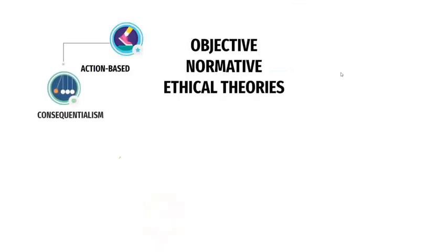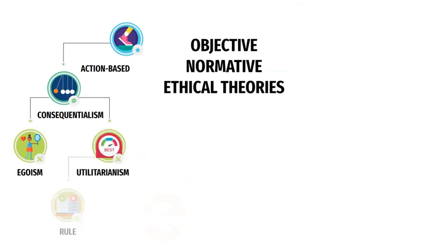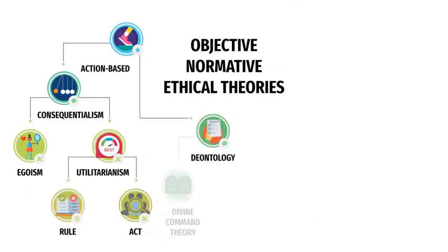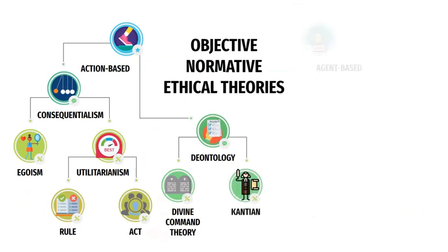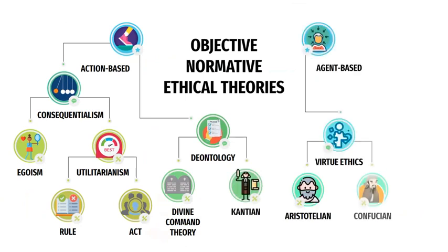Okay, so again, just to give a lay of the land, if we're not relativists, I mean, maybe you are, and that's fine, but you're going to have to account for the things I just mentioned. There are various ethical theories that have been given to us by different philosophers from different locations and different traditions, which is great. We have, again, action-based ethical theories, which include consequentialism, which more specifically entails egoism and utilitarianism.